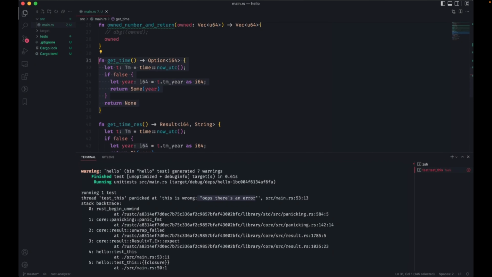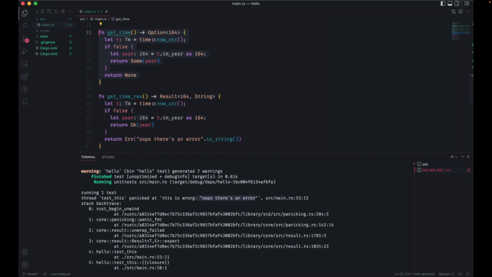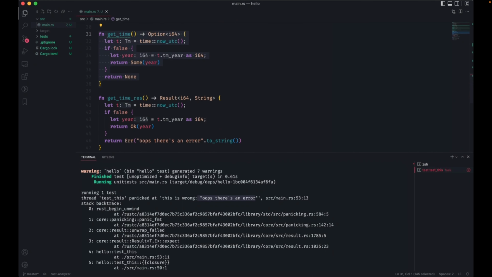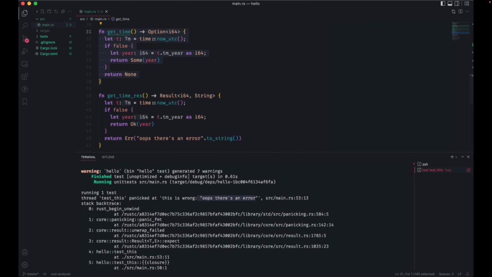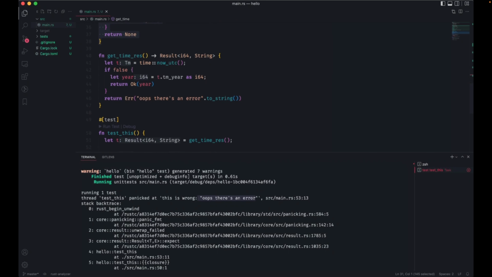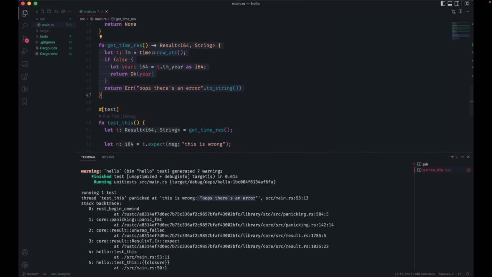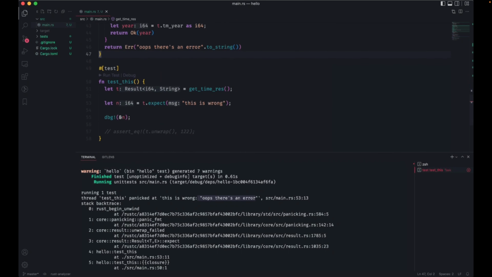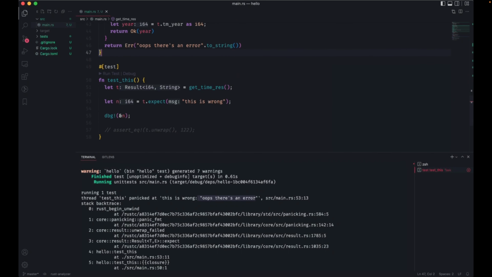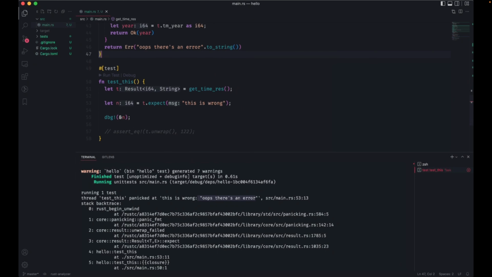Because with the option, we're just finding out if I'm expecting to have a number here or not. But for functions where you're actually doing different things and you might have complex logic, you might get different errors depending on different things you're doing, and you're going to want to know the error. And we'll get into that a little bit further in other classes.